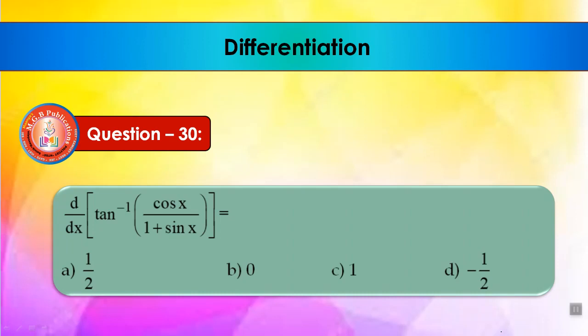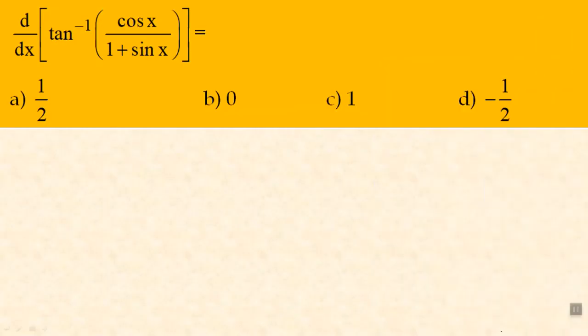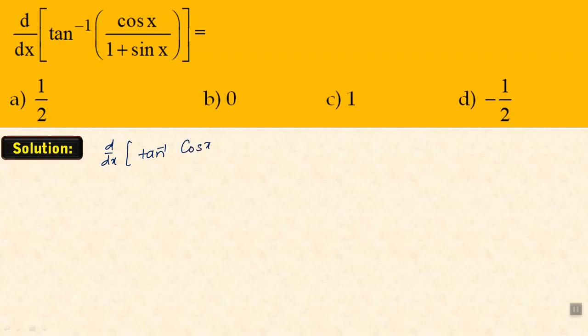Dear students, see the question number 30. Read the question and write it. The question is d by dx of tan inverse of cos x divided by 1 plus sin x is equals to. Options are 1 by 2, 0, 1, minus 1 by 2. Let us find this. d by dx of tan inverse of cos x divided by 1 plus sin x